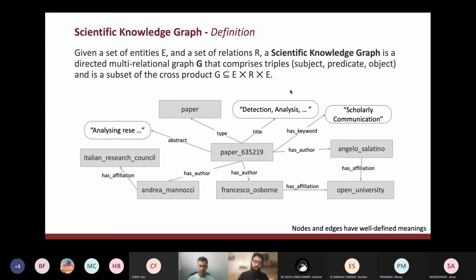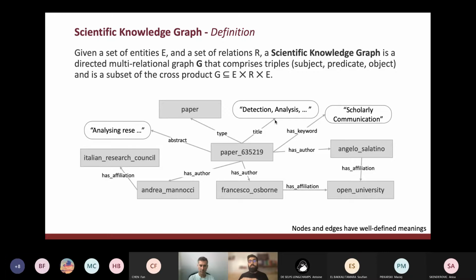But let's get into the real gist of it. So given a set of entities, what is the definition of a scientific knowledge graph? Given a set of entities, which can be literally considered as nodes. So of course a network has got nodes and relations. So entities are nodes, and given a set of relations R, a scientific knowledge graph is a directed multi-relational graph